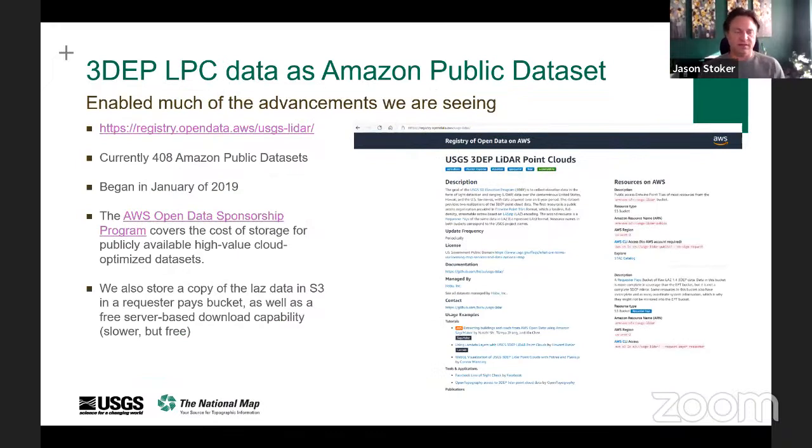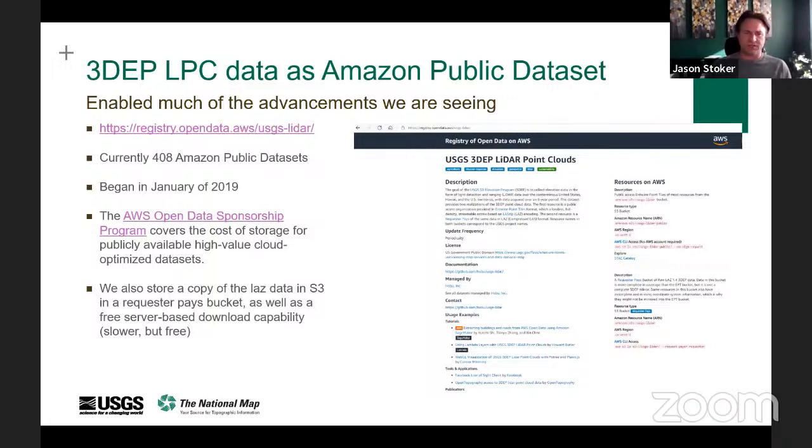And really the explosion of all of this stuff, in my opinion, came when Amazon let 3DEP LiDAR point cloud data become a public data set. His name is Howard Butler, and he had developed this Entwine Point Tile format. He converted all of our LAZ data into this EPT format, and working with Amazon has made that available as a public data set. And once that application was out in the wild, that's when we started seeing this really big growth in access to our data.